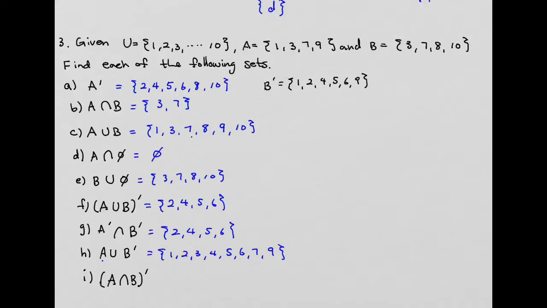The last one, we wanted to do A intersection B not. Did we find A intersection B before? Yep, right here. So A intersection B. That means from the universal set, everything but 3, 7. So everything but 3, 7 will be 1, 2, 4, 5,